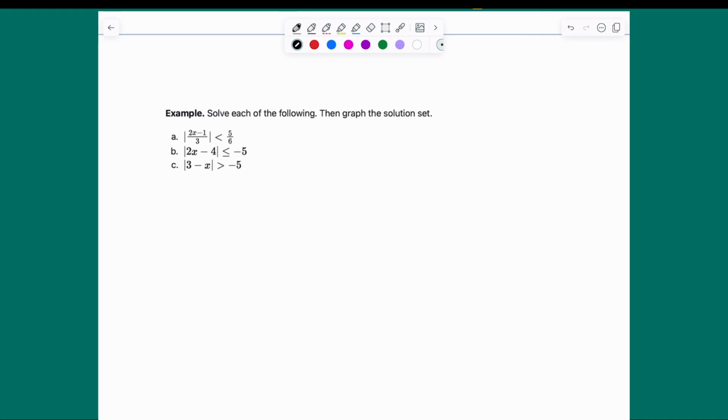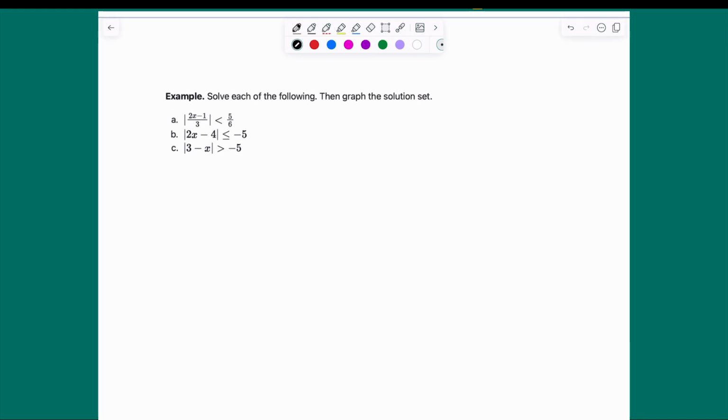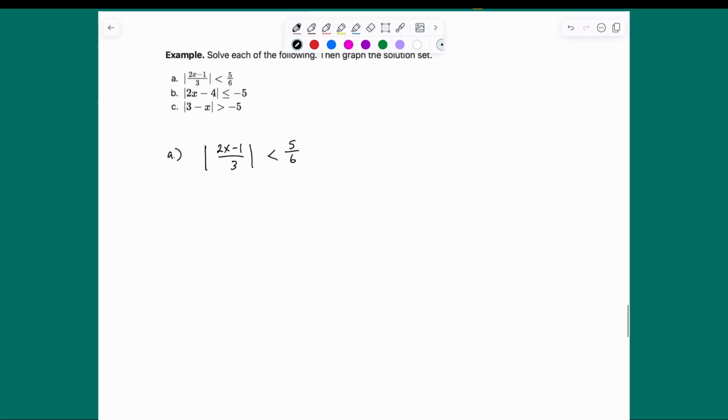Okay, so we're asked to solve each of the following and then graph the solution set. So let's go ahead and look at A. We have the absolute value of (2x minus 1) over 3 less than 5 over 6. Okay, so here we know that this is equivalent to rewriting the statement negative 5 over 6 is less than